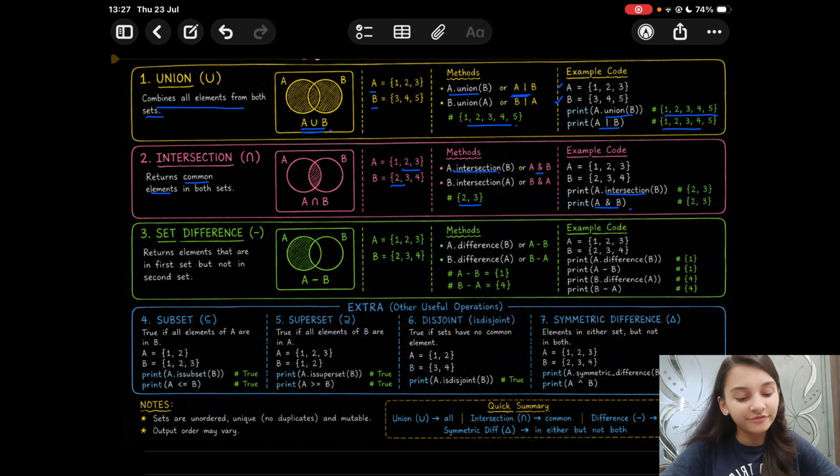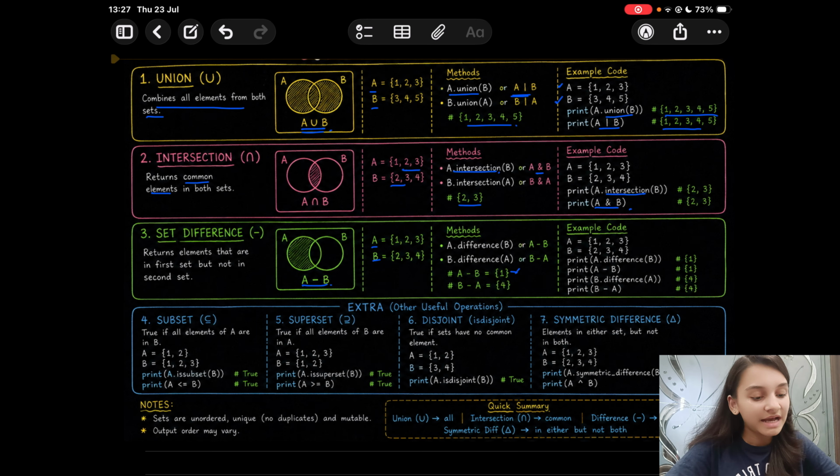Moving to set difference, which returns elements that are in the first set but not in the second set. So if we are finding A minus B, so elements of A that are not there in the set B. So A minus B will give us elements of A which are not there in B. So 2 and 3 are there in both, so we'll get just 1.